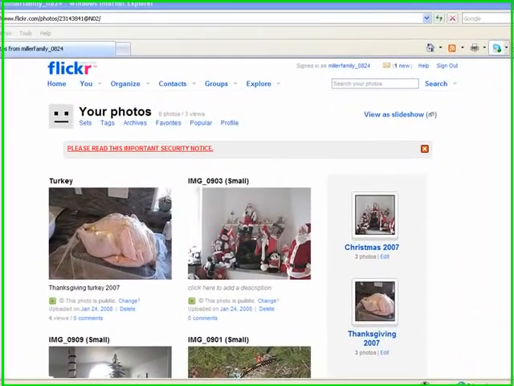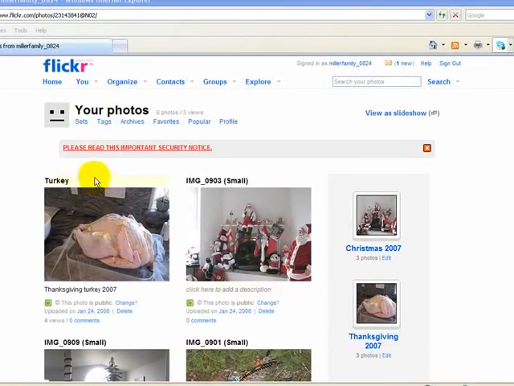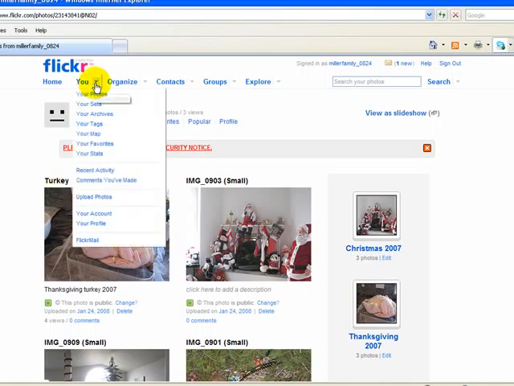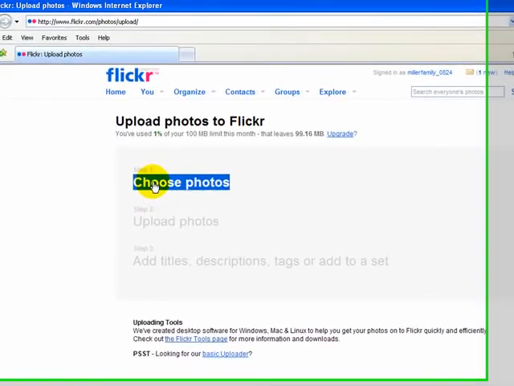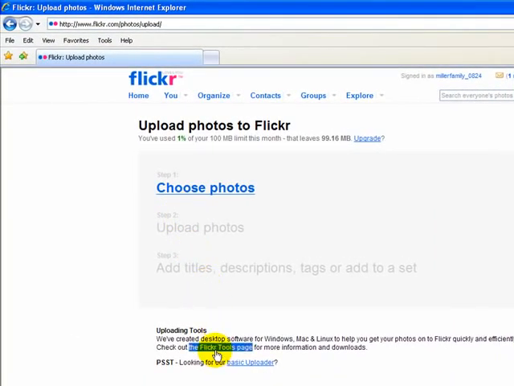Now I show you how to upload photos to Flickr a much more efficient way using the Flickr Uploader application. So we're going to go to the You menu and then click on Upload Photos. And this screen should look familiar. This is the way we uploaded photos when we first got into the tutorial. And now instead of going to Choose Photos, we are going to go down here to the Flickr Tools page,